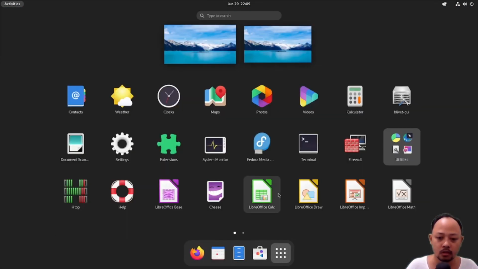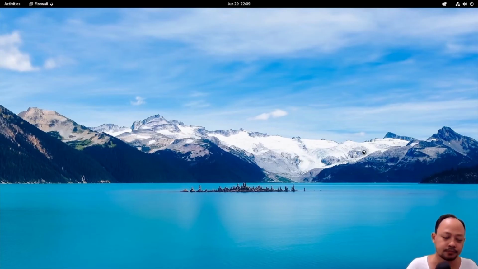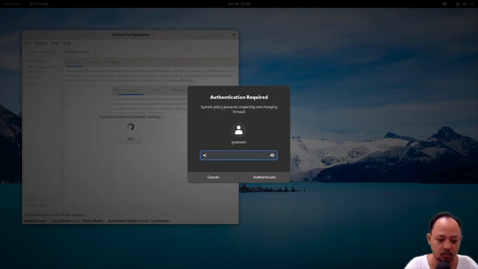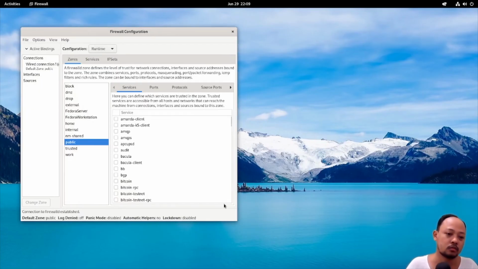let's try the firewall. So I think this is the GUI mode for administrating the firewall.